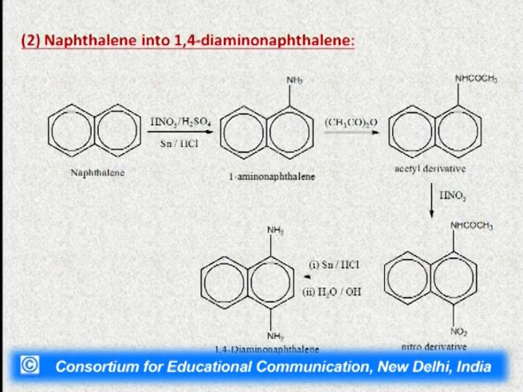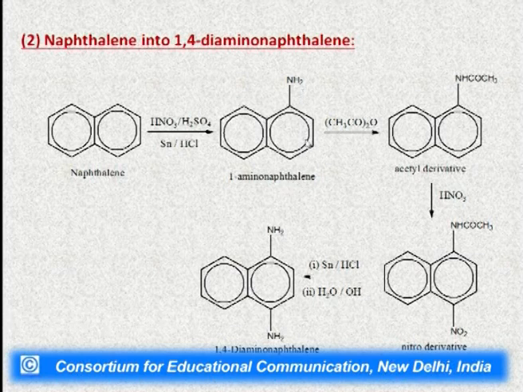In the second conversion, we have to convert this naphthalene into 1,4-diamino-naphthalene. Now we have to introduce here 2 amino groups. So for the introduction of 2 amino groups, we have to do first the nitration on the naphthalene, followed by the reduction reaction. In case of nitration of naphthalene, nitrating mixture is used. In the second step, reduction is done in the same step, and we will get here the